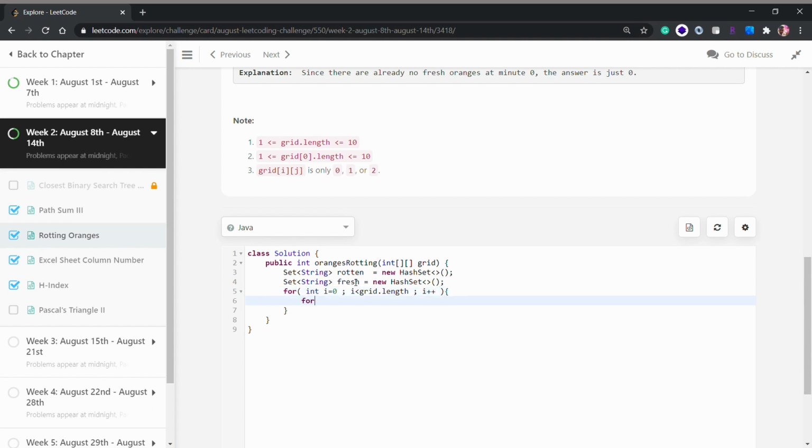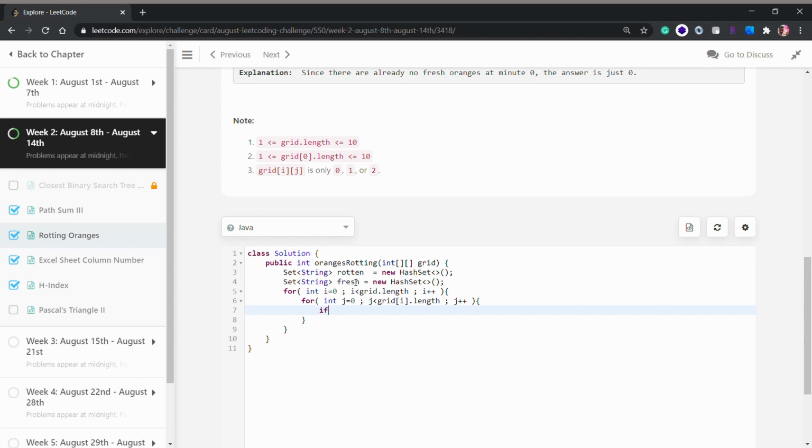Then we will use another for loop, because it's a two-dimensional array, so of course we have to use a couple of loops, over grid[i].length with j plus plus.